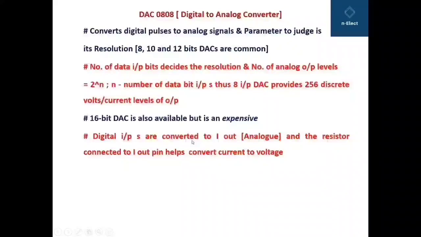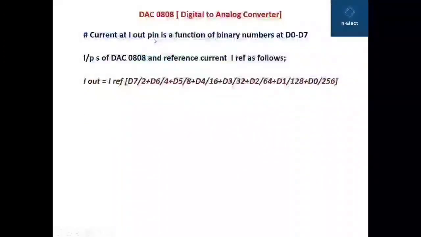Digital inputs are converted to I out, that is current output, which is an analog quantity, and the resistor connected to the I out pin helps to convert this current into voltage. The current at the I out pin is a function of the binary numbers at D0 to D7 inputs of DAC 0808 and the reference current I reference as follows, and it is written as I out, that is output current in analog, is